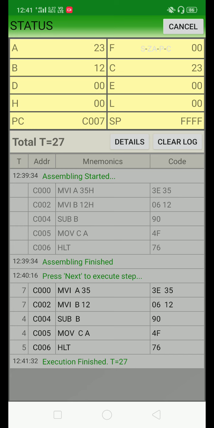The program counter is C007 because the last instruction, the HLT instruction, is at C006. After sequential execution, the program counter gets incremented by 1, that's why it is showing C007. Okay, in this way we can execute different programs by using this particular application.